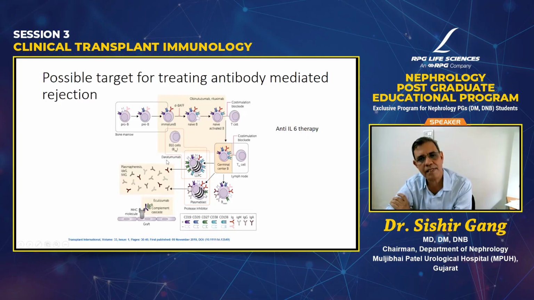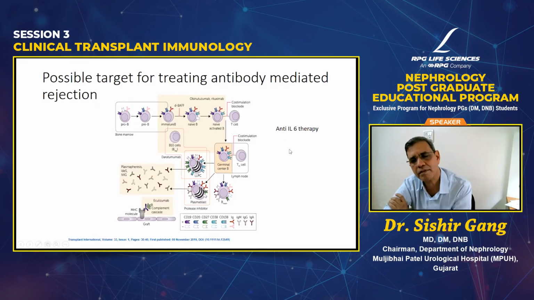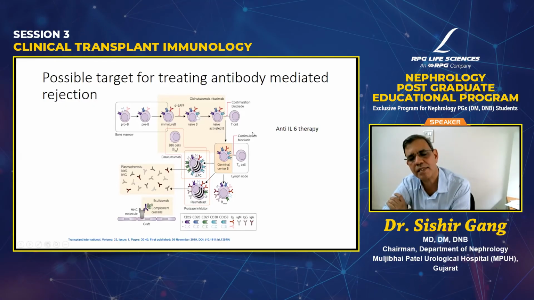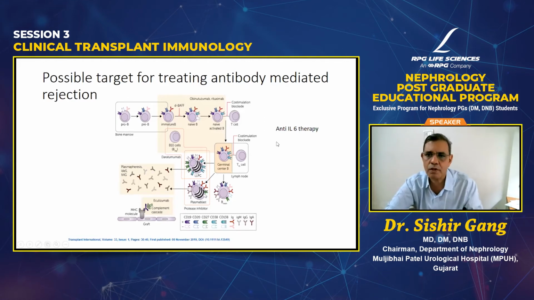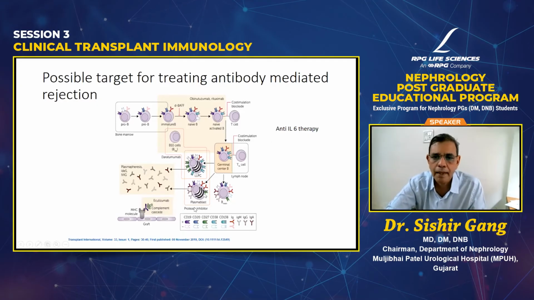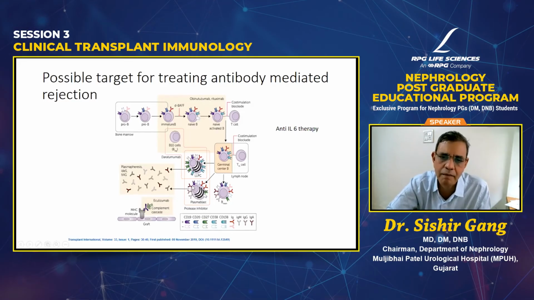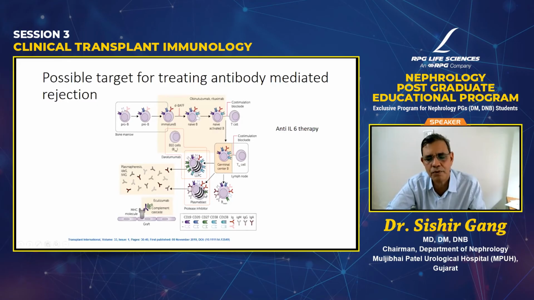One can use anti-plasma cell therapy, daratumumab. This has mostly been used in the myeloma literature, not so much in transplant, but there are some papers now showing it can be used especially for the treatment of unremitting antibody-mediated rejection. IL-6, as I talked about, is a cytokine important for the activation of B cells and production of antibodies, so one could use IL-6 therapies, that is tocilizumab and other congeners. The other target is, of course, the plasma cells. If they are active, one can use a protease inhibitor, which acts on the plasma cells. Again, from the myeloma literature, there is a lot of evidence. The results in clinical practice are not very encouraging, but there is data to show that it can be used.